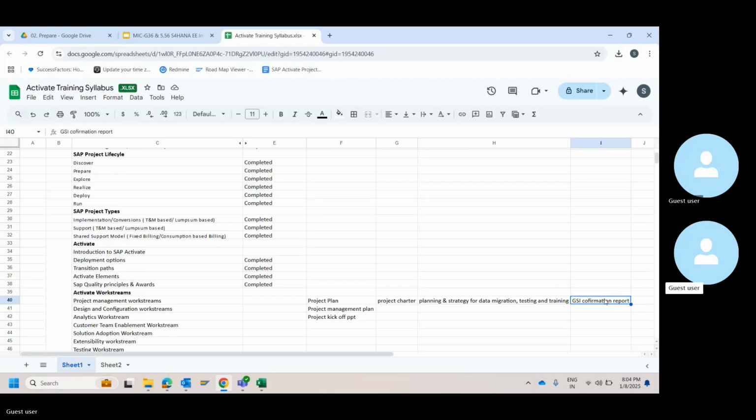There are sequence numbers, which will be available in the contract, which would be the GSI, global scope item, agreed upon with the vendor and the customer. The PM will take those as reference, and that would be the final sheet.